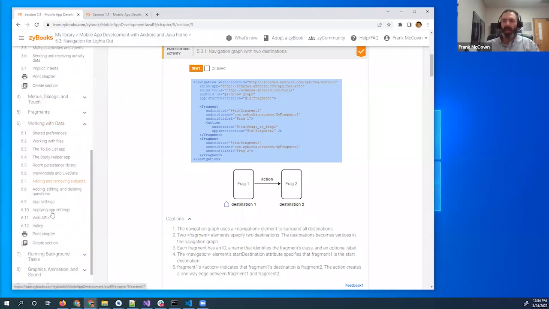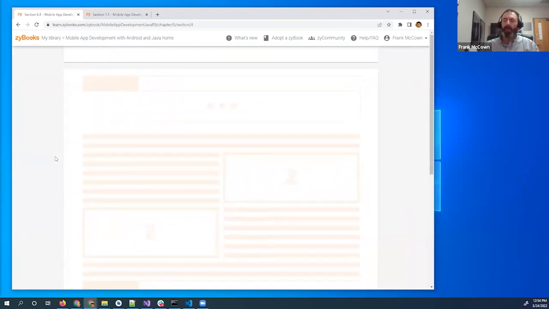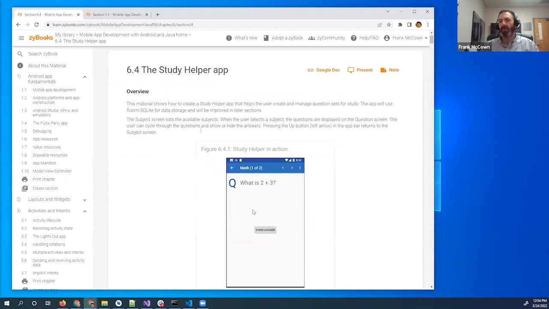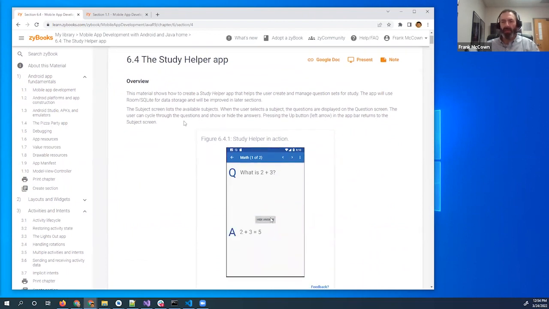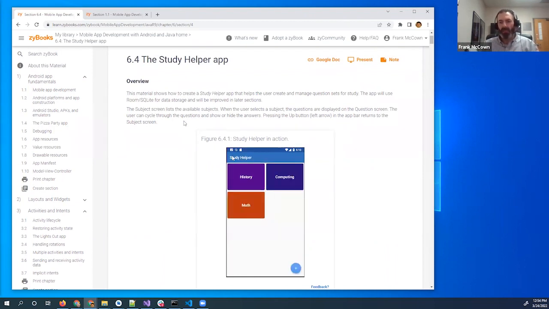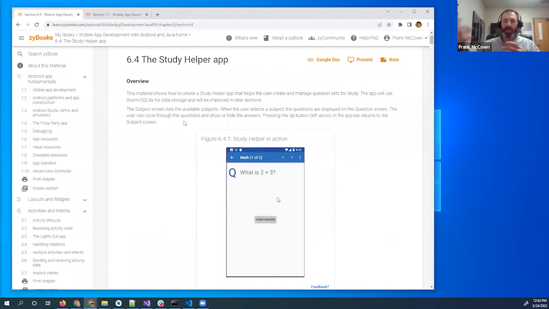Let me just kind of close out here. Chapter 6, this one creates a study helper app. This one is using a Room database. A Room database runs on top of SQLite. So it gives students some opportunity to write an application that's got a database or structured data and how to get that data out using Room.